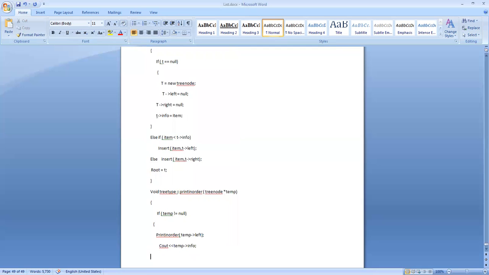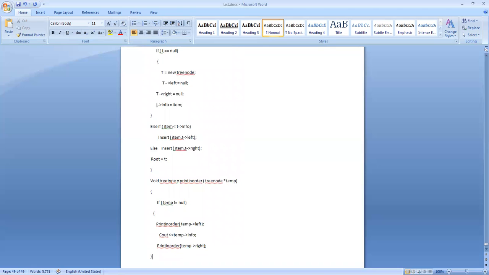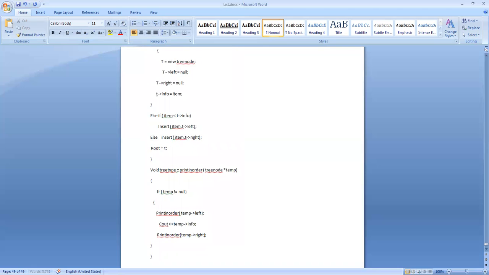Then once the parent is written, we go to the right child: print in order temp reference right. That is how we do it.